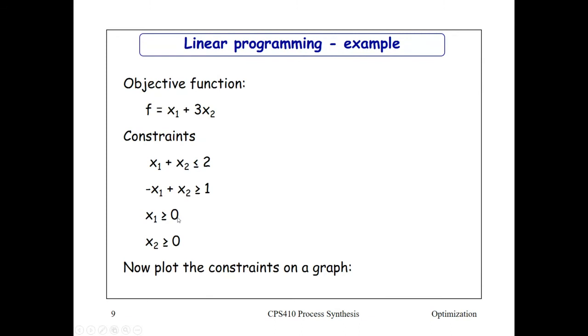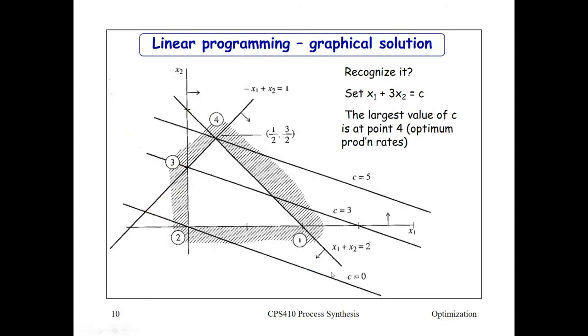And then the normal constraints, x1 is greater than 0 and x2 is greater than 0. And now you can plot the constraints on a graph, and that's what it looks like. So that's the one we did yesterday. Now this x1 plus x2 equals 1 is the equality sign, and then the greater than or equal to or less than or equal to, it must be less than or equal to